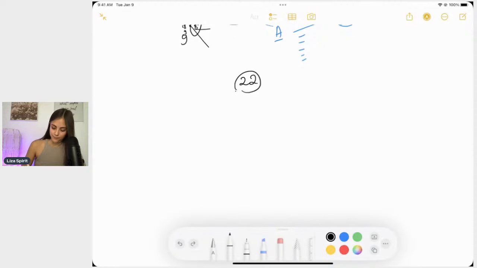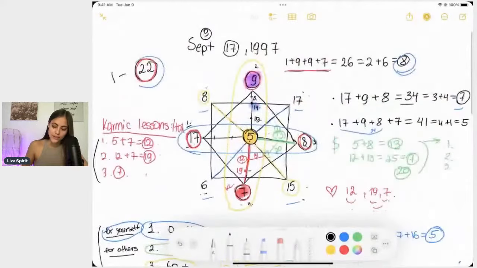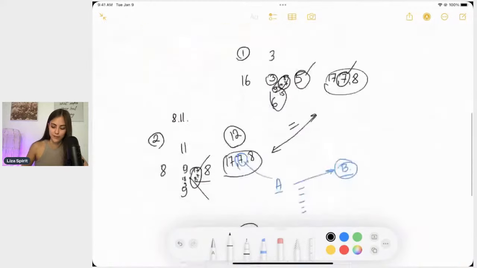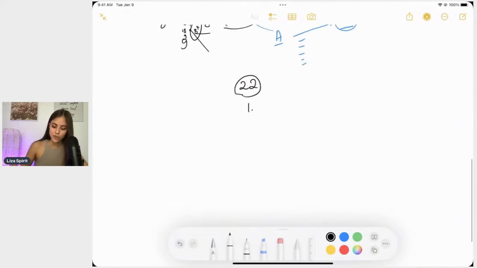But the first energy, I have a video on my channel explaining it. It's called the Magician. You will only see it if the person was born on the first day of the month, or in January. We're not going to see number 1 anywhere else, just because of the calculations. It's just not possible to get number 1 anywhere else. Number 1 is magician. Number 2 is the high priestess.